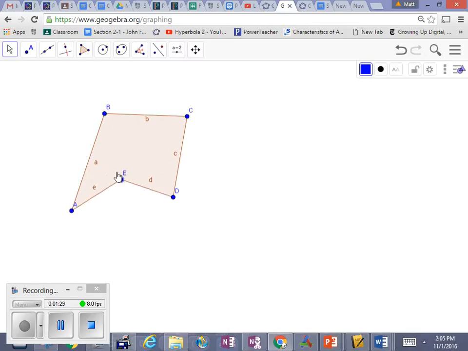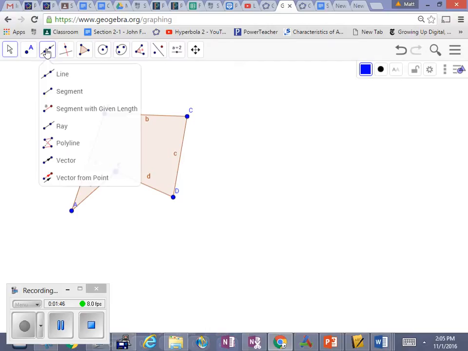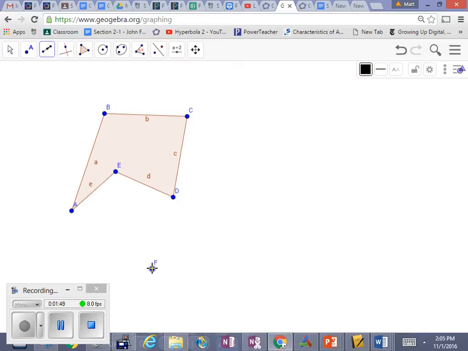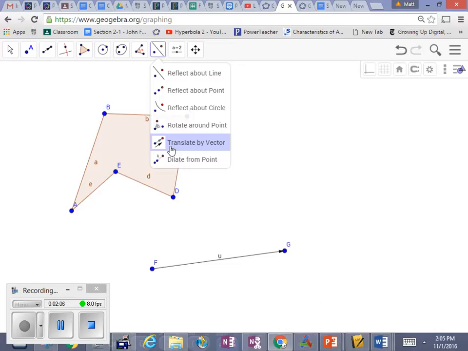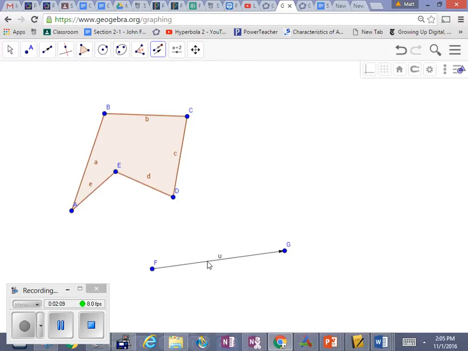Okay, the translation is creating congruent polygons through a slide in a given direction and a given distance. So I have to go to what's called a vector. I'm going to create a vector here, and it really doesn't matter how long or short it is. Then to create the polygons from translation, I'm going to go to this menu item up here and select Translate by Vector. It tells me to select the object and the vector. So I'm going to select the object and select the vector, and there's